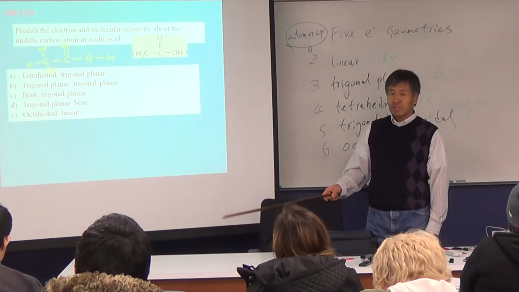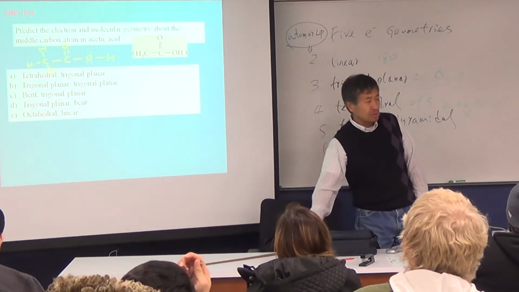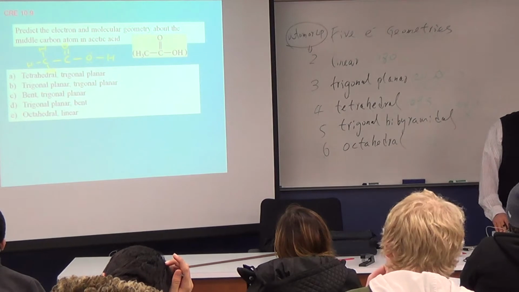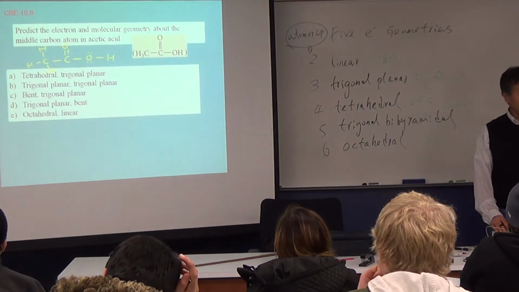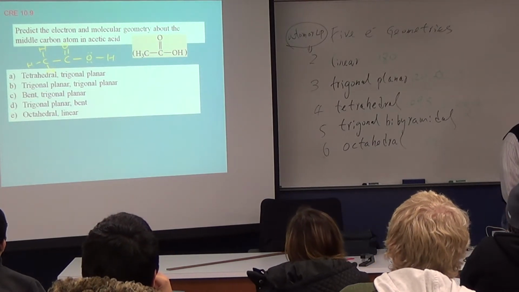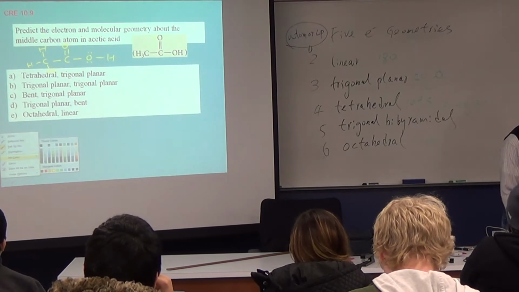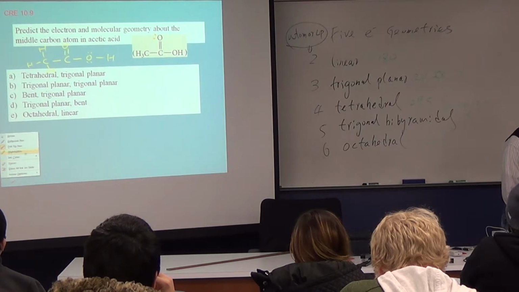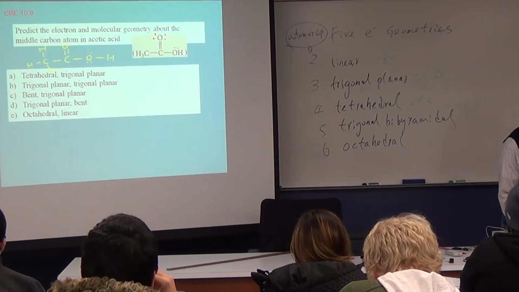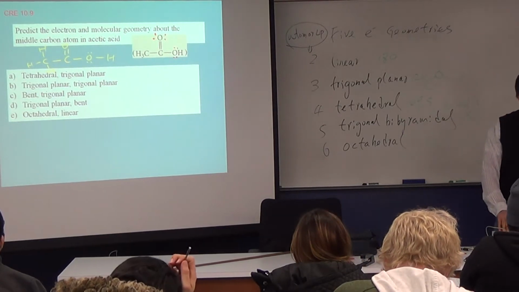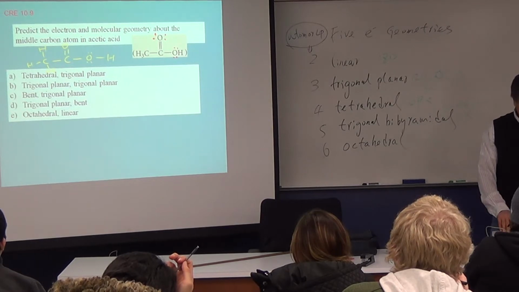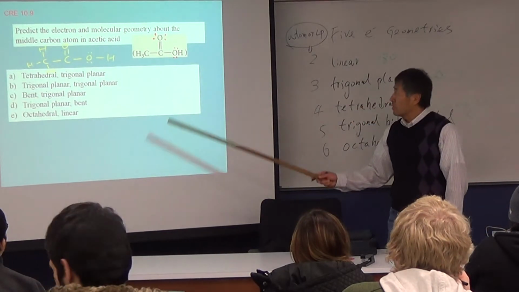So that should be very easy, because if I give this kind of structure, you have to make sure everyone has an octet, if you need an octet. Do we miss anything, miss lone pairs or something for this carbon? I think for the carbon, we probably miss a lone pair for this O, but that's not the center, right? So you have a pair here. Okay, so you have two more pairs on that top O, but we are not considering this O, so therefore you don't have to worry about those